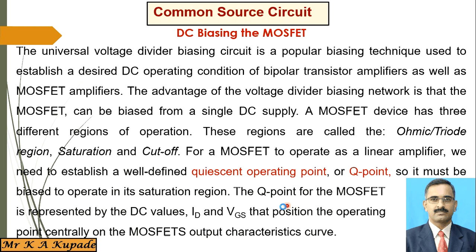The Q point for the MOSFET is represented by DC values as ID and VGS. See here, the Q point is represented by ID, the drain current, and the VGS value, the voltage applied between the gate and source terminals. That operating point is central on the MOSFET's output characteristics curve. Okay, now how the voltage divider biases that particular MOSFET, we will see in the amplifier circuit,